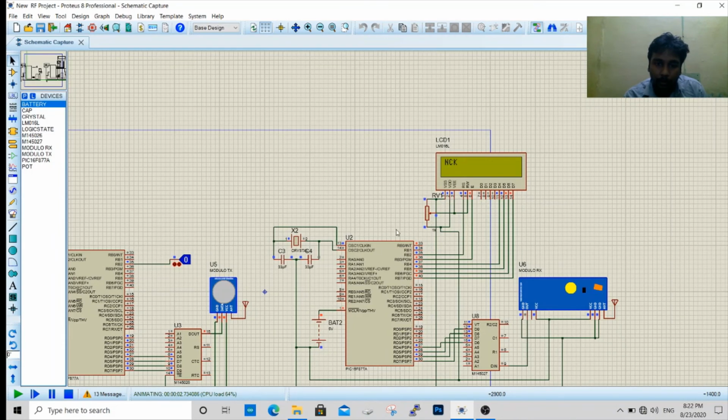Okay. Now I change the input to 1. It shows received success, which means whatever data we gave on the transmitter side, the received data matches it on the receiver side. It gives the output as received success. These are the basics of RF transmission devices such as Bluetooth, RF remote control, Wi-Fi and all.